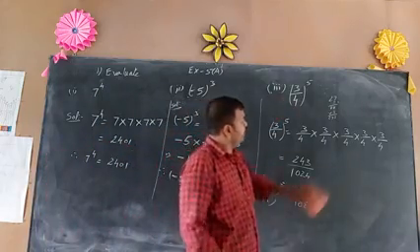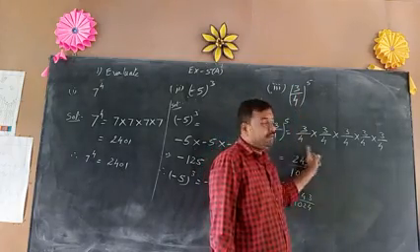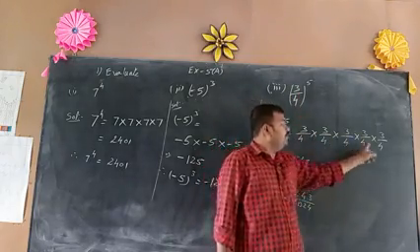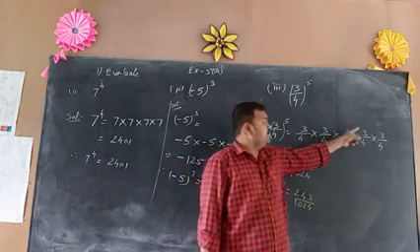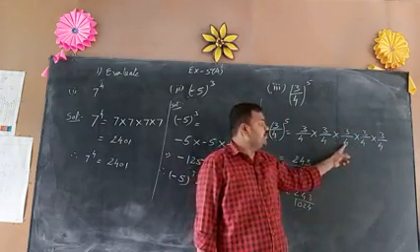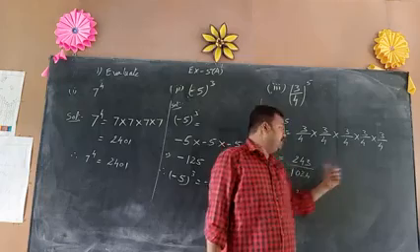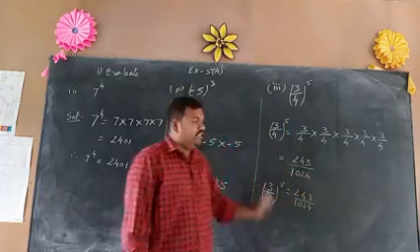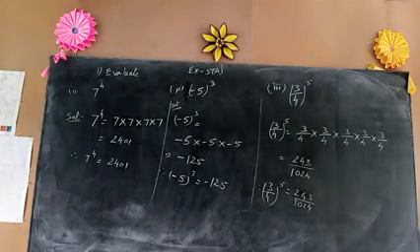3 by 4 whole to the power of 5: this fraction we have to repeat 5 times, 1, 2, 3, 4, 5. Numerator multiplication, denominator multiplication. 3 3s are 9, 9 3s are 27, 27 3s are 81, 81 3s are 243. 4 4s are 16, 16 4s are 64, 64 4s are 256, 256 4s are 1024. This is the multiplication. See once everybody. Copy down this sum in your CW.